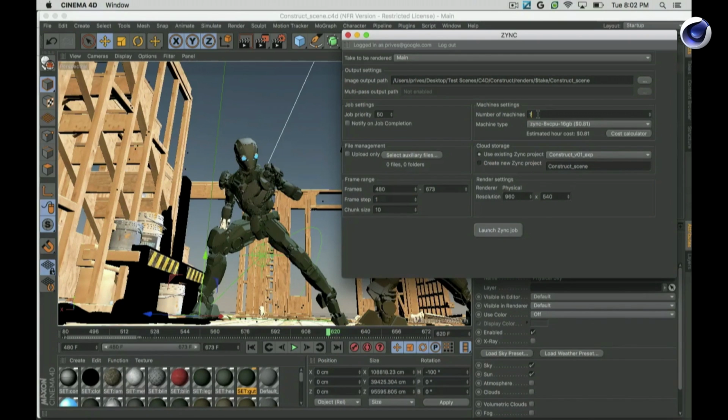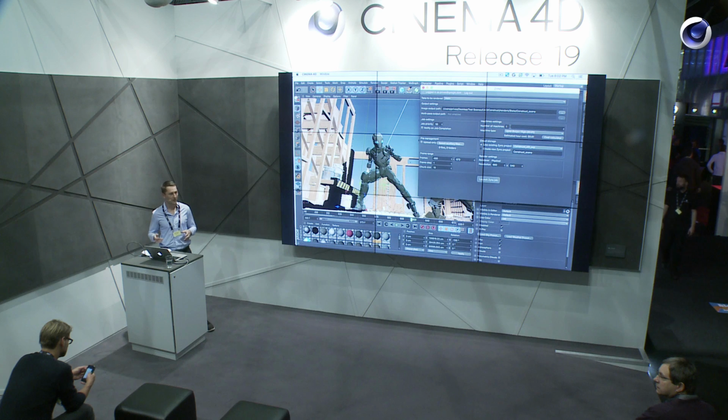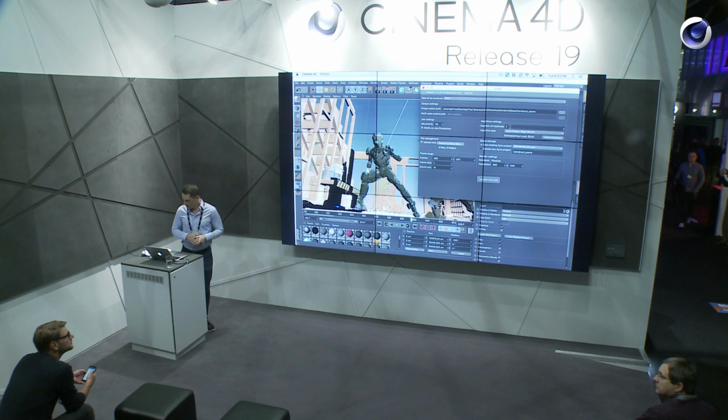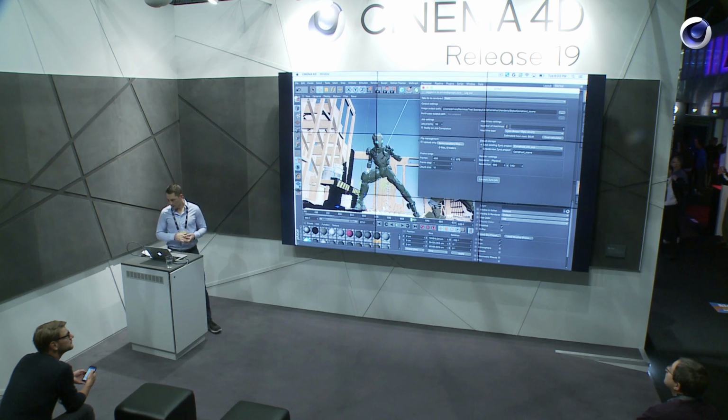So here's where you can control how many machines you want to render on. Each project can have up to 100 machines, and you can have up to 500 total. You can select what machine type you want, and we have 64 core machines, so you have access to 32,000 cores to render jobs. In this example, we'll just use